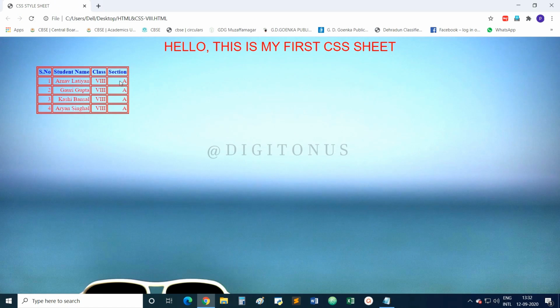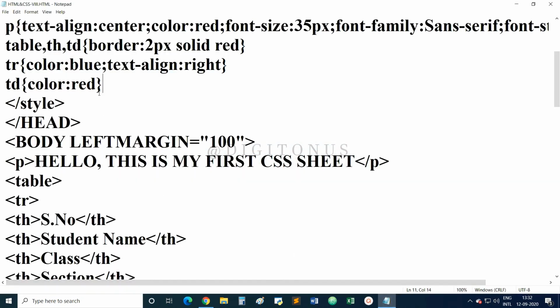Now you can see the color has changed, but in the first row, that is inside the tr, we have used th tag, that's why the color is blue only, and for the rest of the part the color has changed.